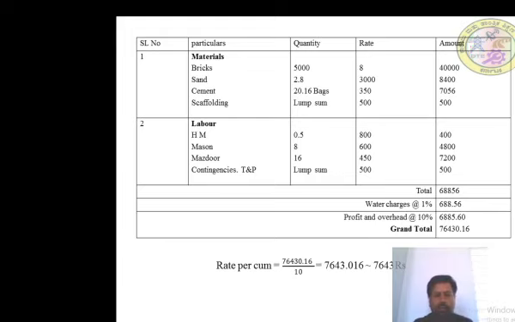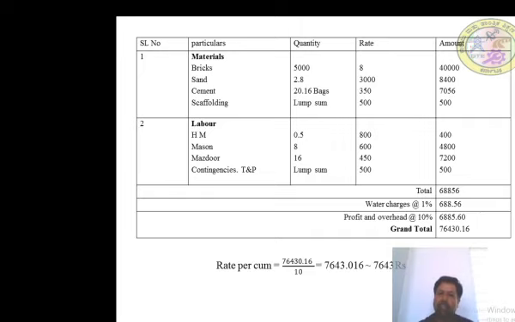Labor: head mason 0.5 numbers at 800 rupees, mason 8 numbers at 600 rupees, mazdoor 16 at 450 rupees, and contingency and tools and plant lump sum 500. Calculate: 0.5 into 800 is 400 rupees, 8 masons into 600 is 4,800 rupees, mazdoor 16 numbers into 450 is 7,200, and the lump sum is 500. So the total is